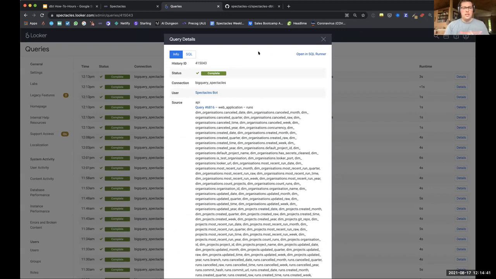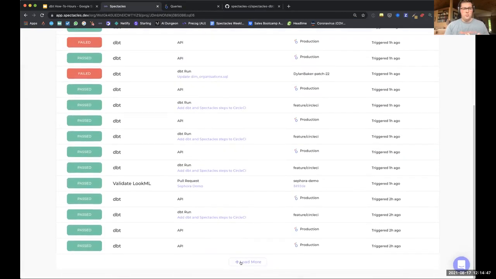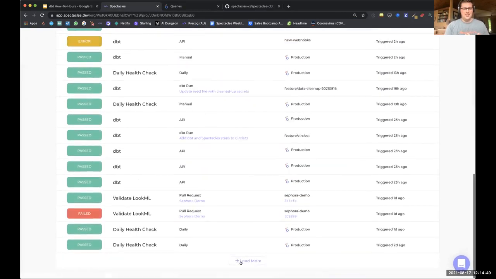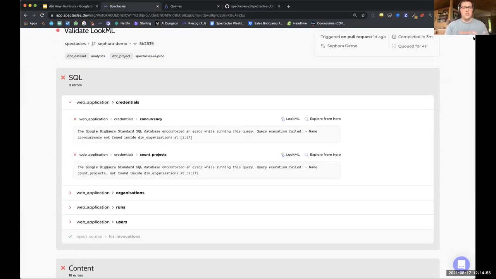So if there were multiple runs that had an error, we would have found them, and you would get a report that looks something like this. I'm going to go find a Looker pull request from before all of our testing. You get a report that says, hey, in the Credentials Explorer, there are 2 dimensions that have a problem. Here's the database error that gets returned when we try to run this query. This is something a user would see if this code were to be merged. It's that big red box at the top of an Explorer in Looker, if you've ever pushed something or written LookML that is at all off. And then we link you directly to the LookML or to the Explore from here